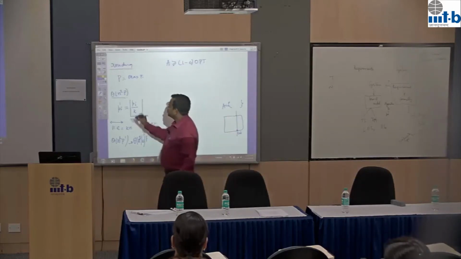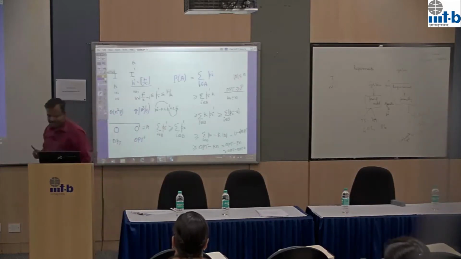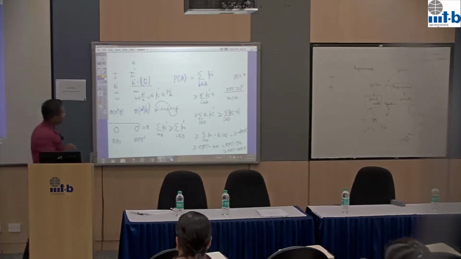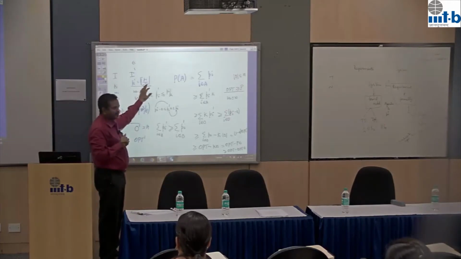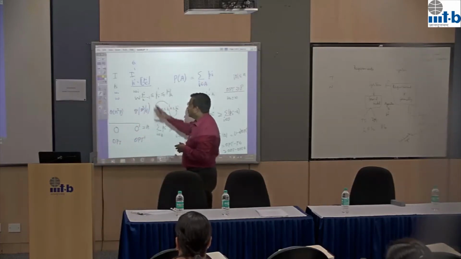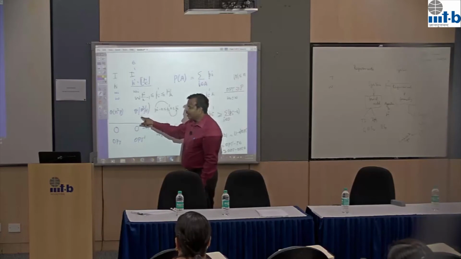So what is the summary now? What's the algorithm for the dynamic programming FPTAS for the 0-1 knapsack? You start with the original problem and do the rounding. When you do the rounding, you round only on the profits, not on the weights. The rounding is essentially dividing by K, but K is a function of the maximum profit that you have, epsilon and n. Once you do this, the profits are relatively smaller given your epsilon is a reasonable number. Then you can apply the DP solution and get a solution in n cube by epsilon,